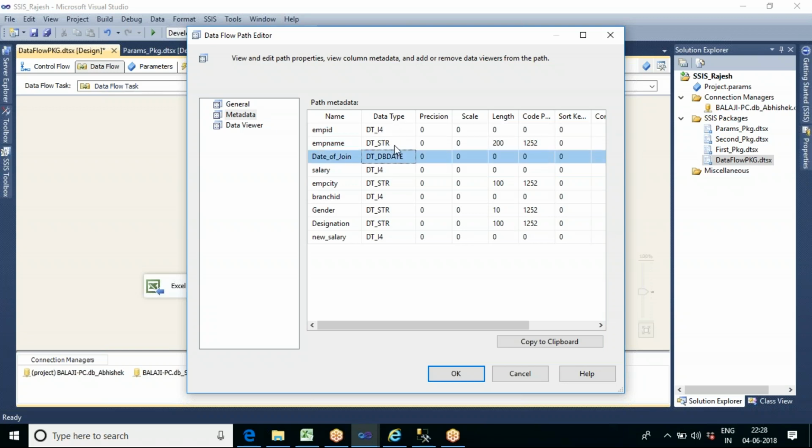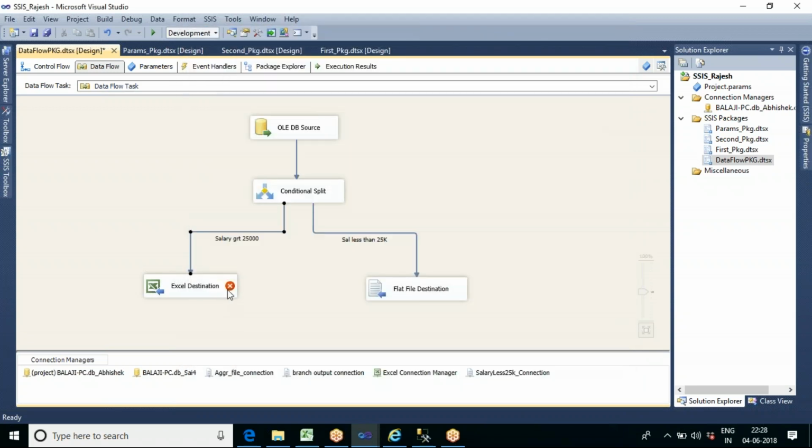But there is a problem for string fields. If I put my mouse here, it shows that the column emp name cannot convert between Unicode and non-Unicode string data types. So it is not allowing the employee name data type.